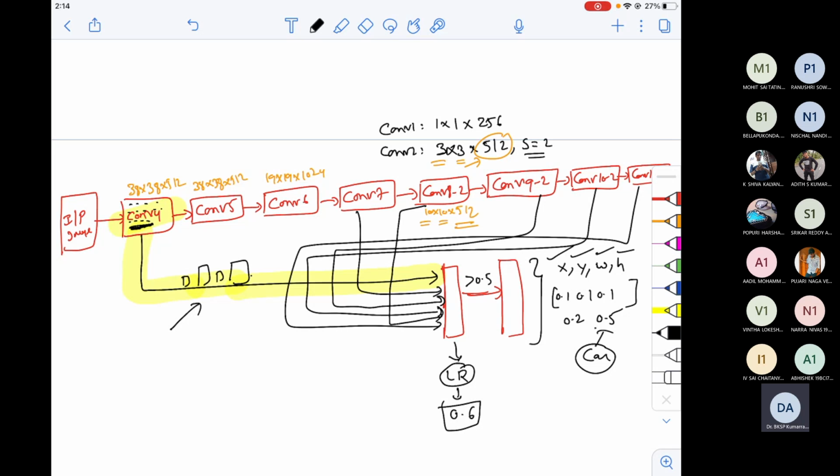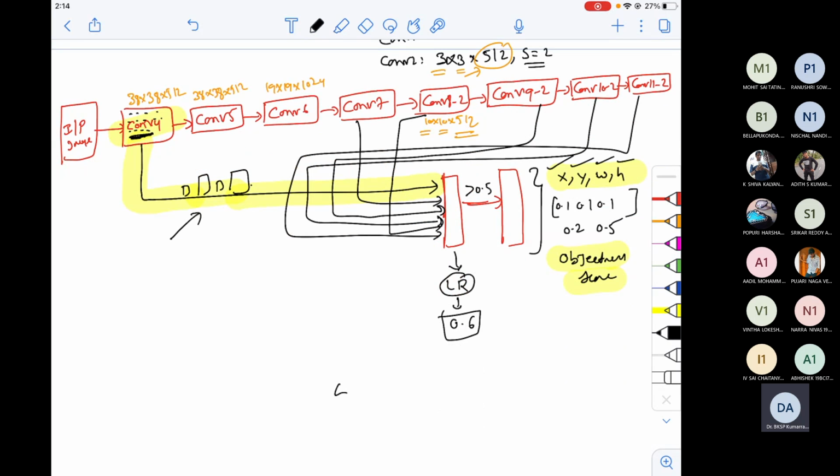So this is the basic idea of SSD. Along with this, I'll also have the objectness score, because I have to give the probability at the end of the day. So how many values are there? 4 values, and the objectness score is the 5th value. So that means totally 5 values, plus how many values are there here? The number of values is 5 here, but it will change based on the number of objects or classes that you have.